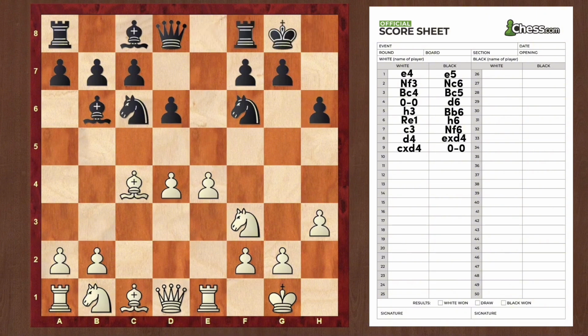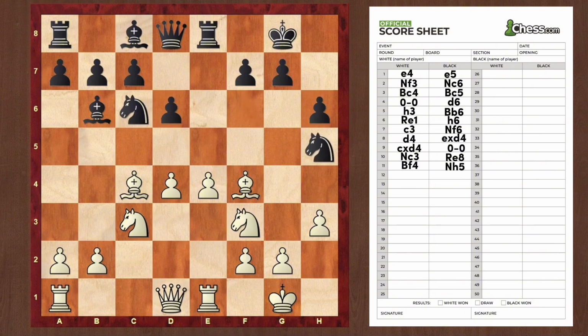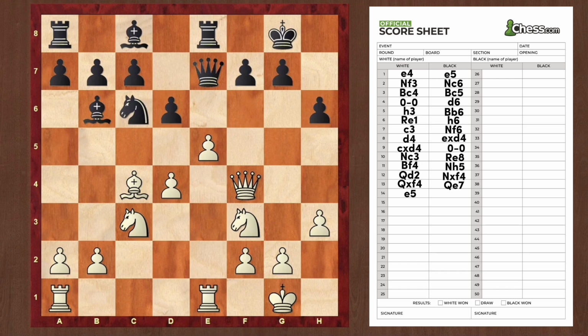castles on the king side, knight to c3, rook to e8, bishop to f4, knight to h5, queen to d2, knight takes f4, queen takes f4, queen e7, e5, d takes e5, knight takes e5,